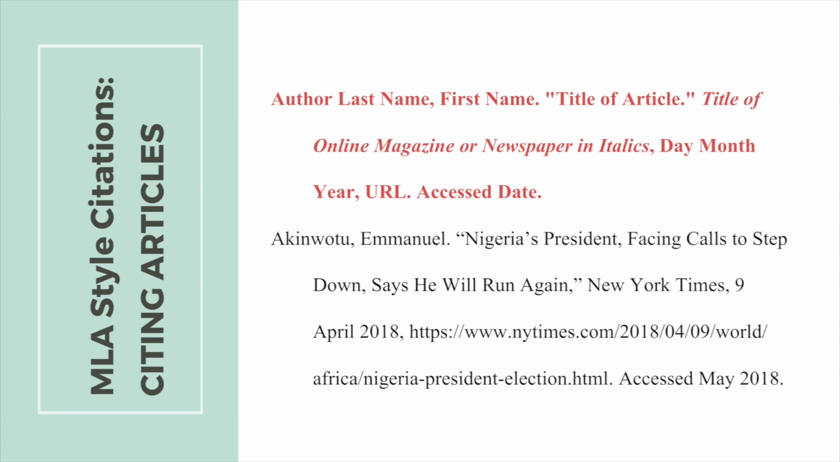Another type of source that you're probably going to be using is online news articles. This is similar to citing a book, but there are a few extra things to look at. First, you have the author's last and first name, followed by the title of the article in quotation marks. That's followed by the title of the publisher in italics, the publication date, the web URL, and finally the date